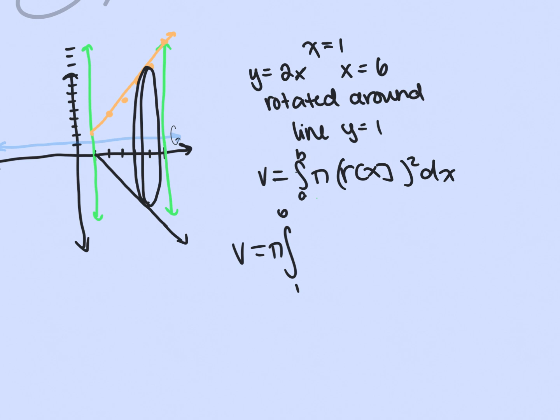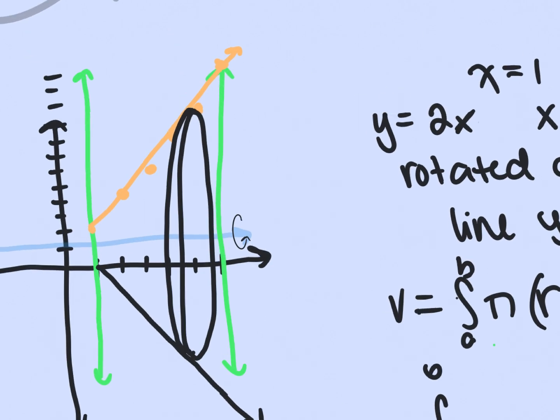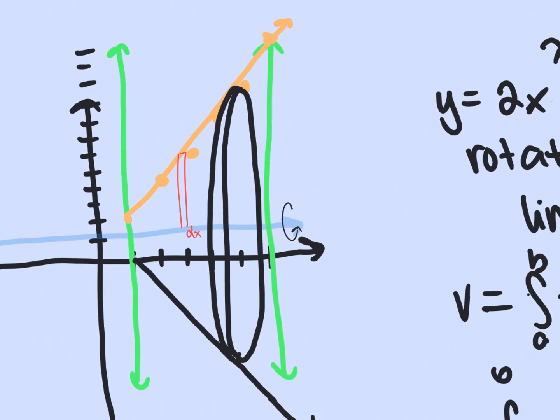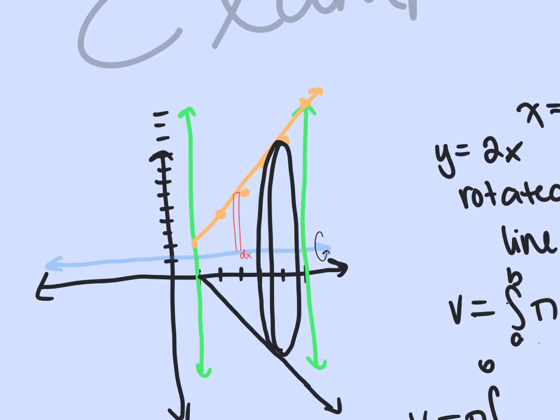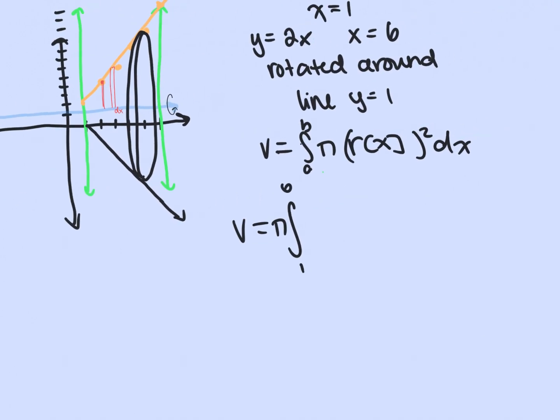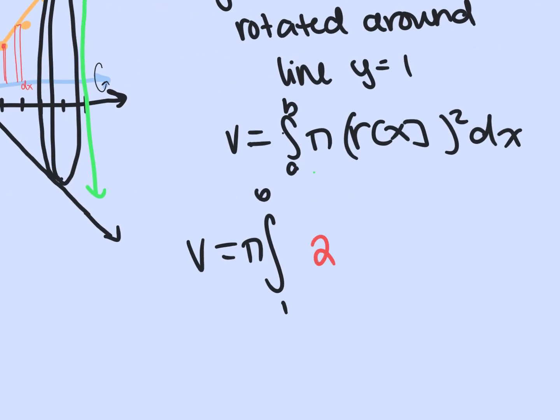Then we have to find our radius, and sometimes this can be harder, in my opinion, on these problems. So I'm going to start by drawing a picture, and we're going this way, so it's going to be dx. For this, it helps me if I just start looking at different points on the graph. So this is 2, 4, but our radius here is 3. This is 3, 6, but our radius here is just 5. So our radius in here must be 2x